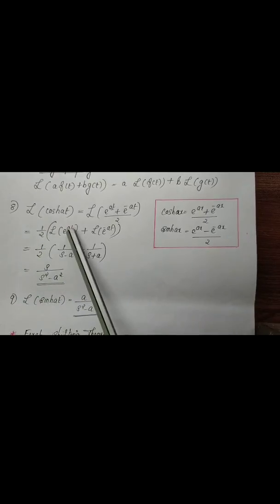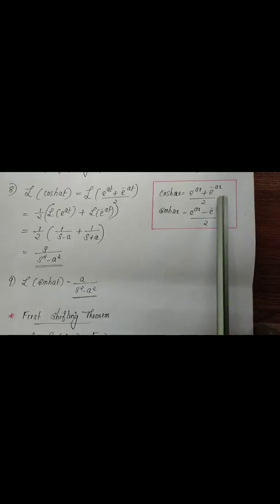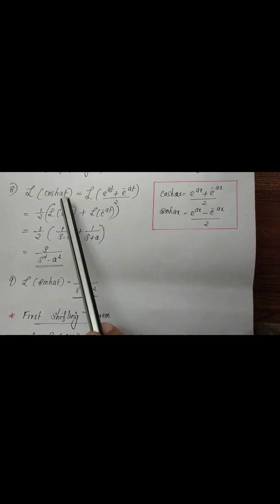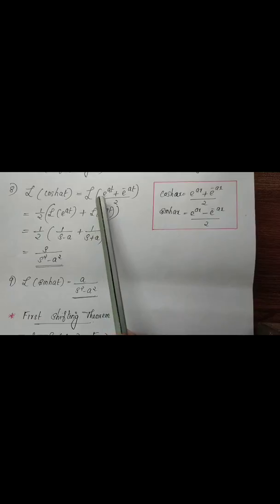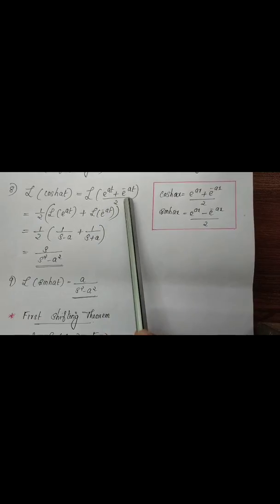The next one, Laplace transform of cos h at equal to s divided by s square minus a square. We know that cos hx, the hyperbolic function, is equal to e raised to ax plus e raised to minus ax divided by 2. Therefore, Laplace transform of e raised to at plus e raised to minus at by 2. By using the linearity property, we can write it as 1 by 2 into L of e raised to at plus L of e raised to minus at, which is equal to 1 by 2 into